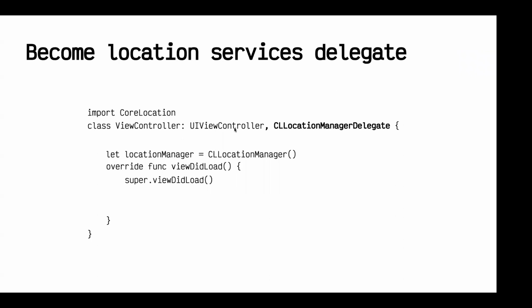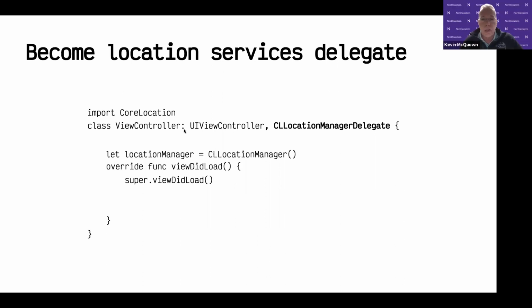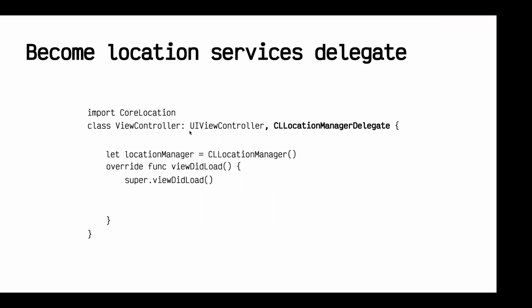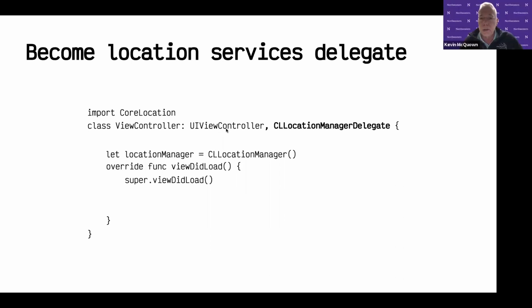UIViewControllerDelegate, the protocol. Close. So this actually is inheritance. That's why I asked the question. This view controller is inheriting from UIViewController, and it is not inheriting from CLLocationManagerDelegate. It's actually saying I'm going to conform to the protocol and be the delegate